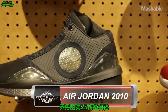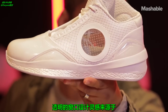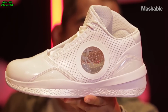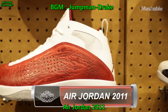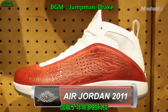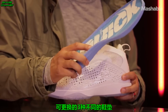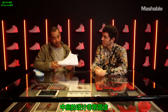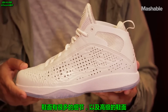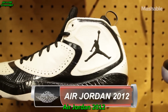2010, Michael's 25th shoe. Tinker Hatfield came back to design this one. The see-through circle on the lateral of the shoe is really inspired by MJ's ability to see through his opponents. AJ26, otherwise known as the 2011, a ton of technology in this shoe. You know, the interchangeable midsoles were key. Came with 3 different midsoles. What I really love about this shoe is just like the clean design lines, the perf detailing, as well as the embossed leather. AJ27, otherwise known as the